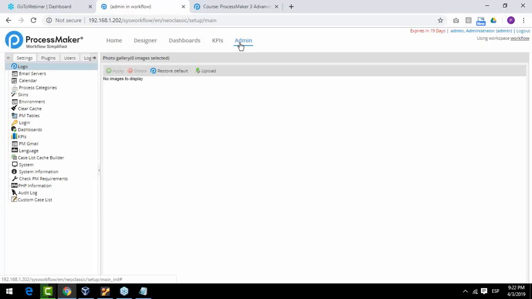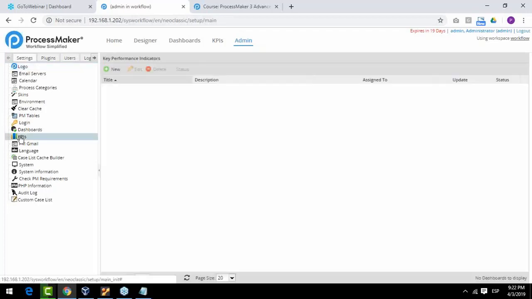And I will design this report. I'm going to use all the references for this report. So I go to the admin menu and then I move to KPIs. And this is exactly the place where I'm going to create a KPI report. So I'm going to click on New,